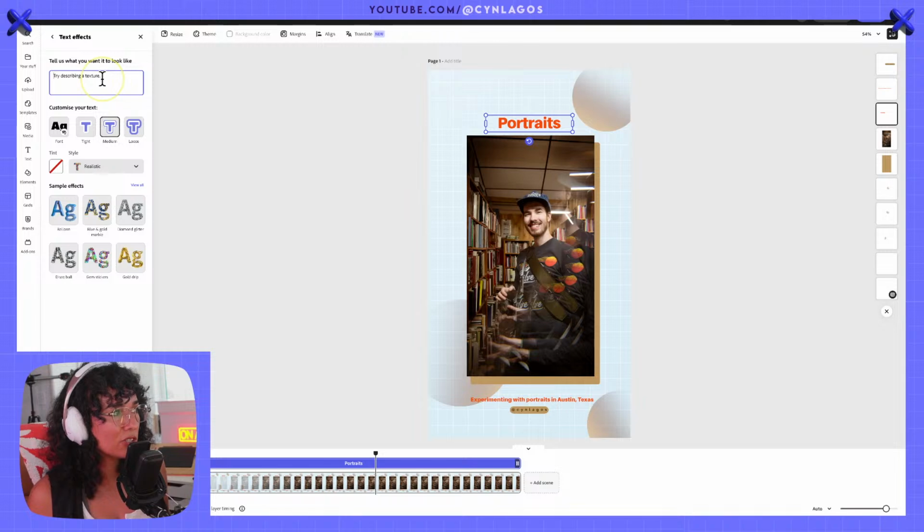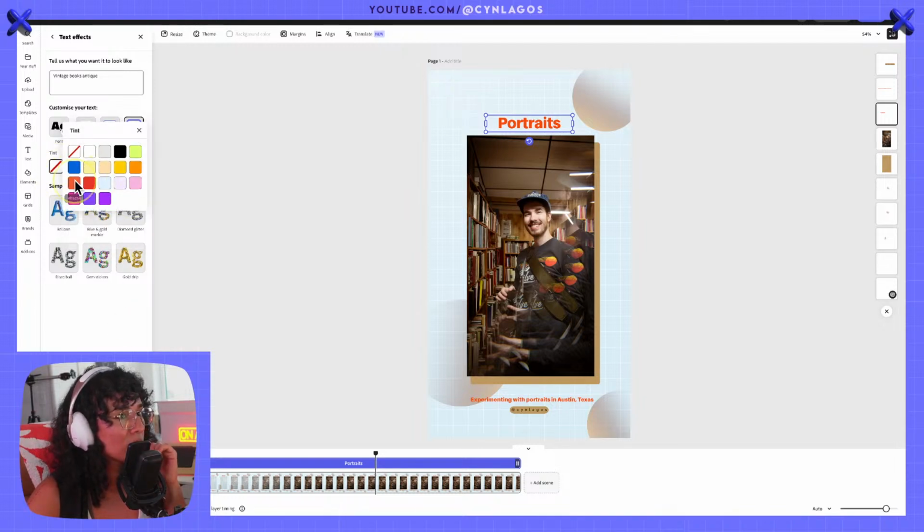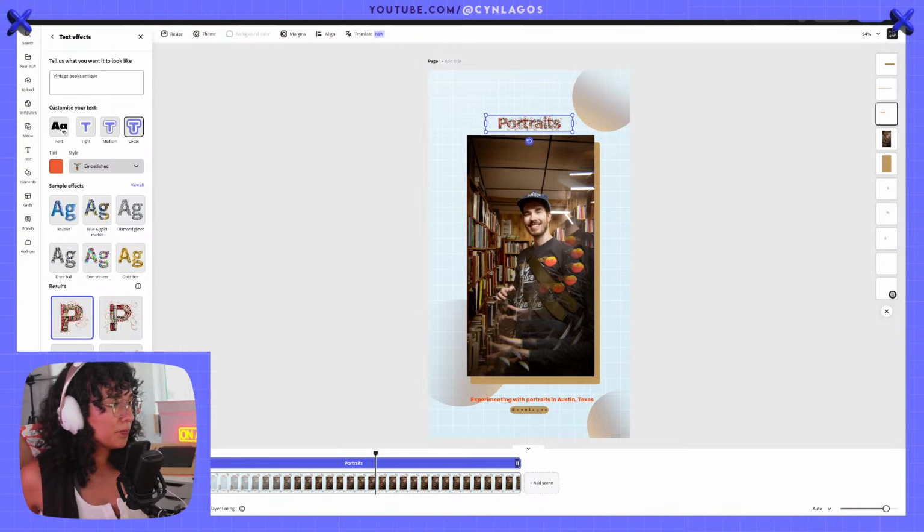Sometimes it's a little much, but vintage. I have keywords in my brain. Books, antique. And let's make it loose, so it's a little bit more organic, realistic, embellished. Let's do embellished. Do we want a tint? Yeah. Let's do kind of like an orange tint. Generate, and let's see what happens. Sometimes it's really cool, you know? So, oh, it is really cool.